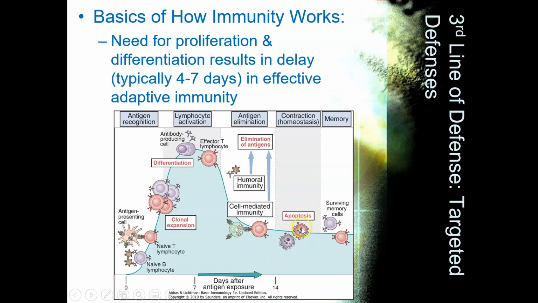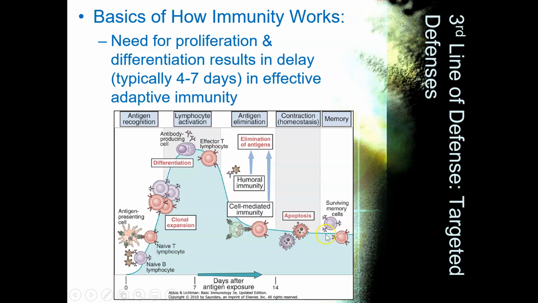Any of those excess cells that you created in this process that are no longer needed because the infection is cleared will go through apoptosis, which is essentially programmed cell death. We're going to get rid of those excess cells so that you're not just hanging on to insane amounts of B and T cells all the time. That's not necessary. So to make efficiency return, we'll get rid of them,